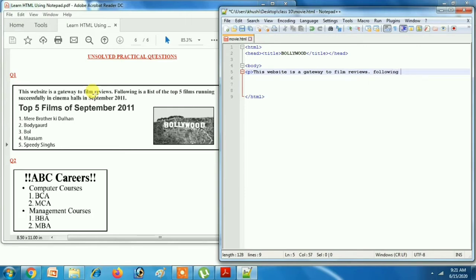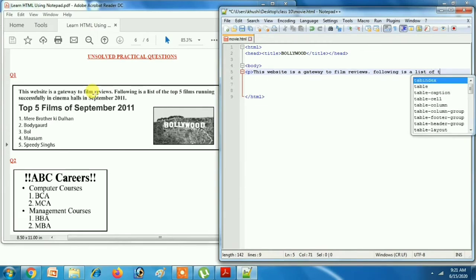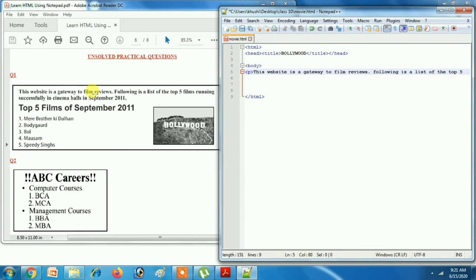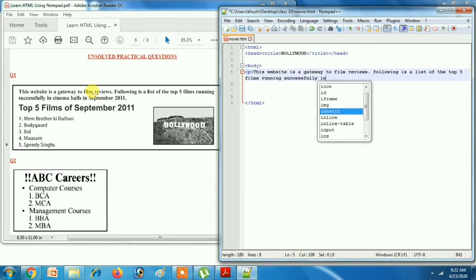Following is a list of the top 5 films running successfully in cinema house in September 2011.